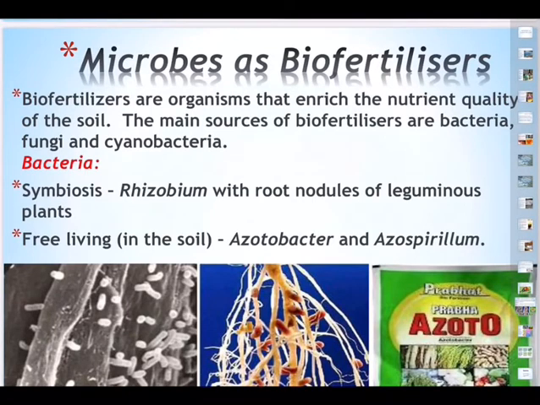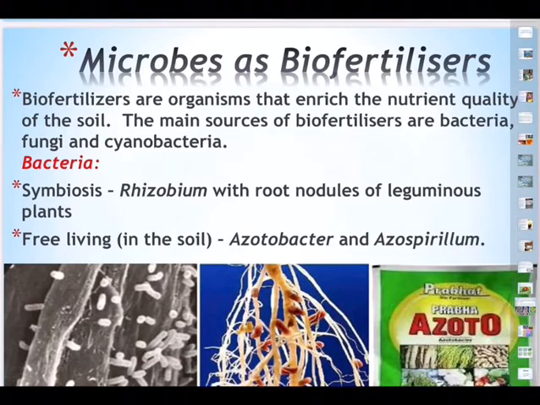And then we can also use microbes as biofertilizers. That is organic farming. Nowadays everybody uses this word, organic farming. Some are doing very good business in the name of organic farming, though they may not be following it. But what is this organic farming? It is a technique of raising crops through use of manures, fertilizers and pesticides of biological origin.